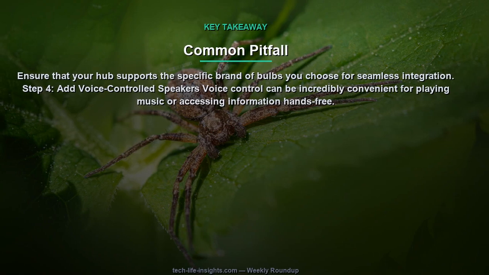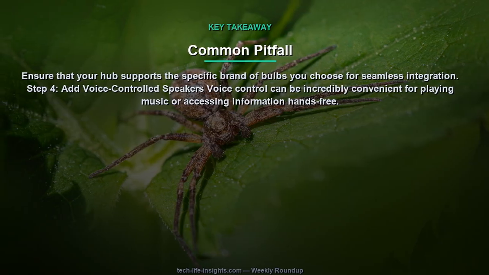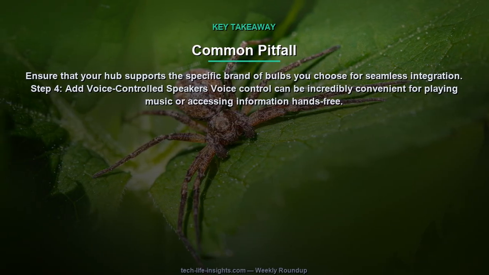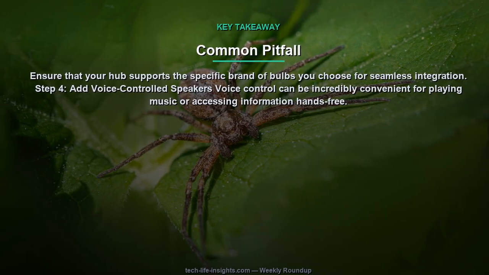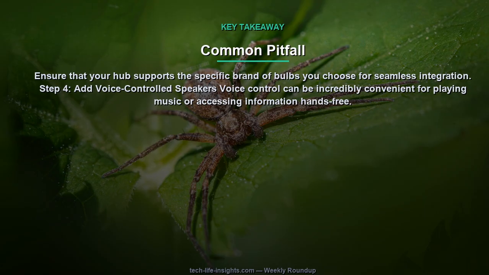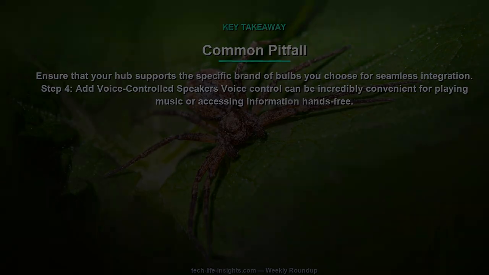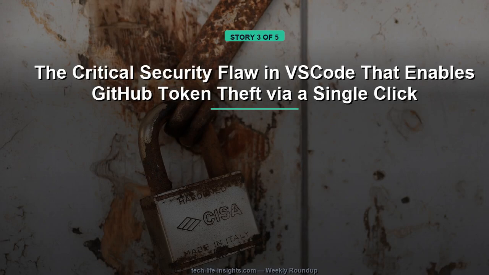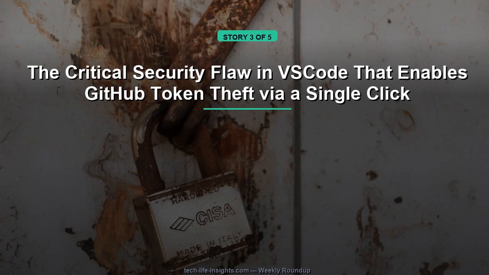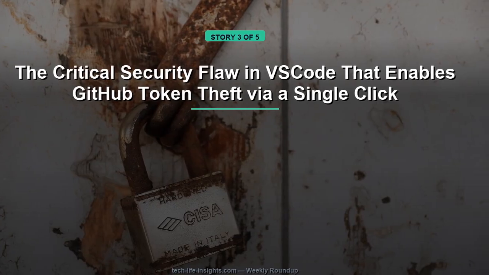Step 4: Add voice-controlled speakers. Voice control can be incredibly convenient for playing music or accessing information hands-free. Amazon's Echo Dot 3rd Gen, $50, and Google Nest Mini, $40, are affordable options that fit neatly into your daily routine. Next up, story number 3, the critical security flaw in VS Code that enables GitHub token theft via a